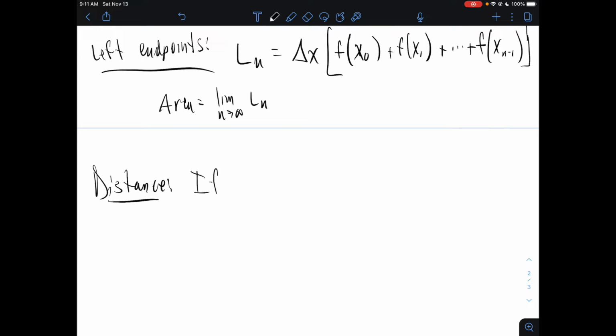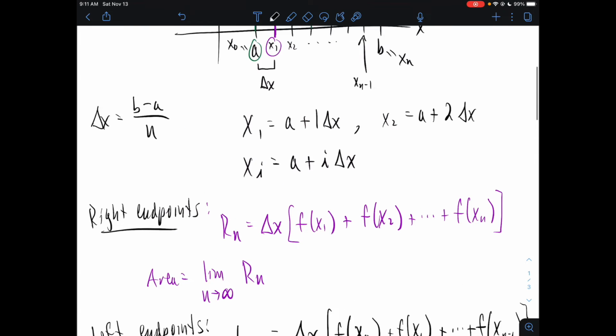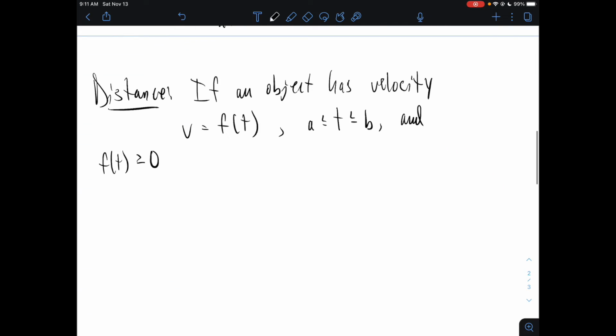If an object has velocity or speed, rate of speed, v, which is some function of time, t, over a time interval, let's say a to b, and if velocity is positive, so always moving away, say from the object or from a starting point, so just like a function that's above the x-axis, then the distance that's traveled in that time interval